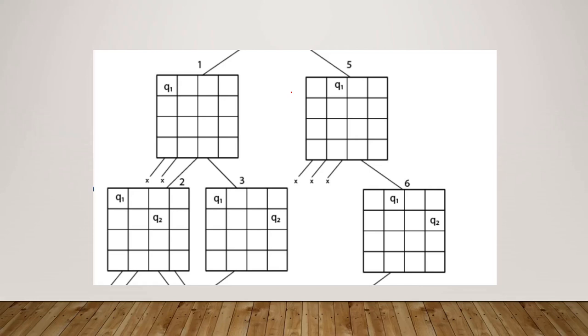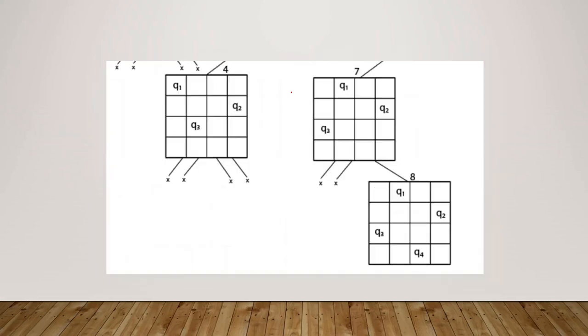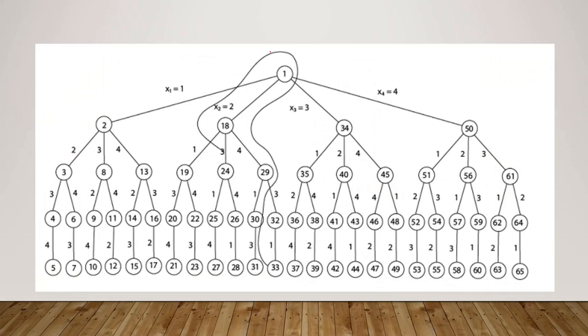These are the things I have already explained in the above slide. And finally we get the solution, that is 2, 4, 1, 3. It is one of the solutions we have got, and this is the state space tree which helps us to find the solution using the backtracking method.